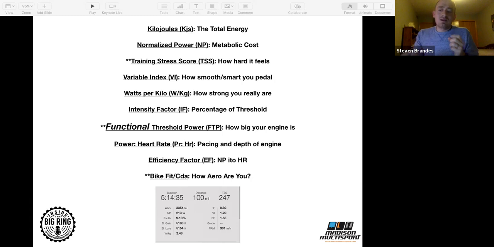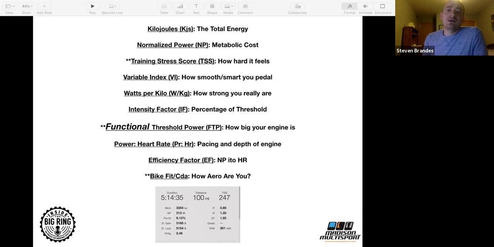You can get yourself really injured and malnourished. So it's a difficult topic to bring up, because a lot of times people think, well, I'm just going to lose a bunch of weight. I'm like, well, it's not always the best way to look at it. You have to balance that really well. Intensity factor, your IF, that's basically the percentage of your FTP that you trained at. And then your functional threshold power, your FTP.